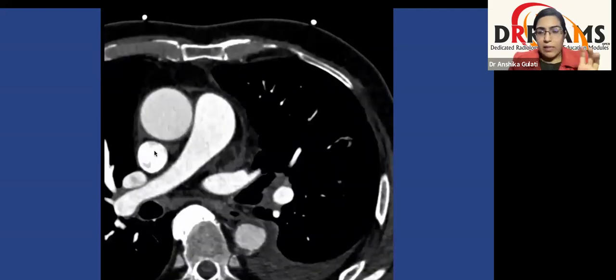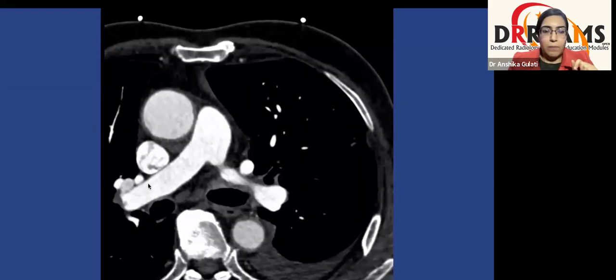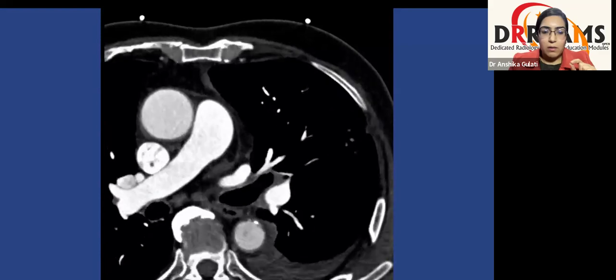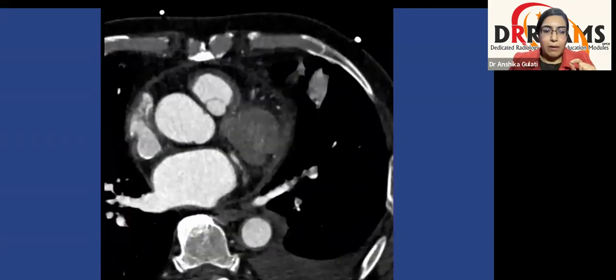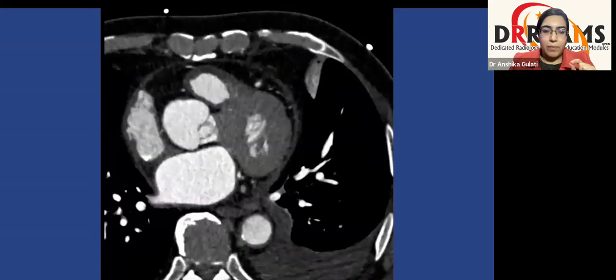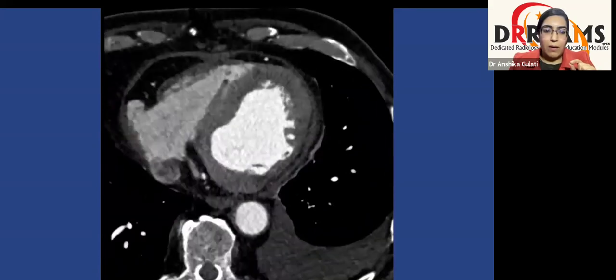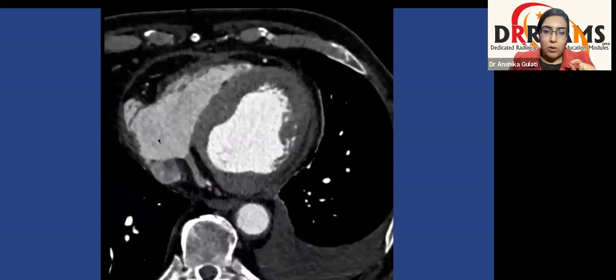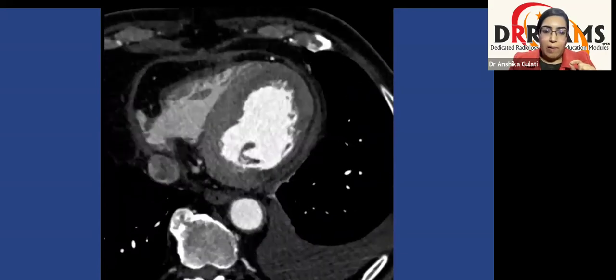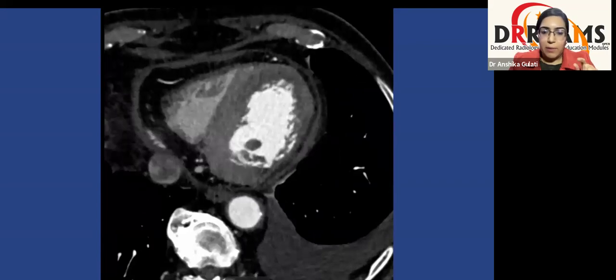We'll proceed in the direction of the blood flow. So the systemic veins coming to the right atrium, then to the right ventricle, then pulmonary arteries, then pulmonary veins to left atrium, left ventricle, and the systemic, that is the aorta. So we'll study all the chambers in that order. This is the superior vena cava draining into the right atrium. This is the coronary sinus also draining into the right atrium, and the IVC, three main tributaries of the right